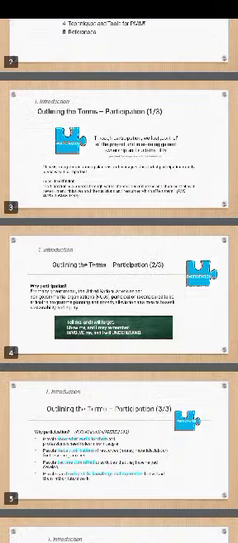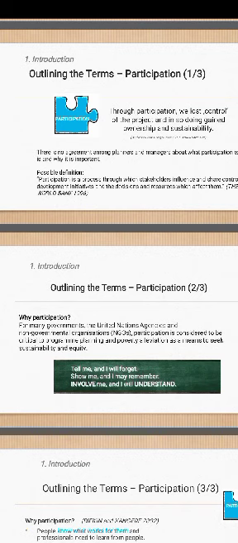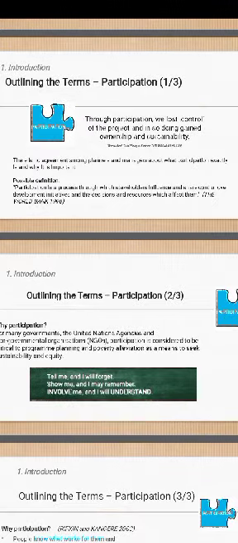Participation. Through participation, we lose control of the project and in so doing gain ownership and sustainability. There is no agreement among planners and managers about what participation exactly is and why it is important. A possible definition: participation is a process through which stakeholders influence and share control of a development initiative and the decisions and resources which affect them. We have an example from the World Bank,